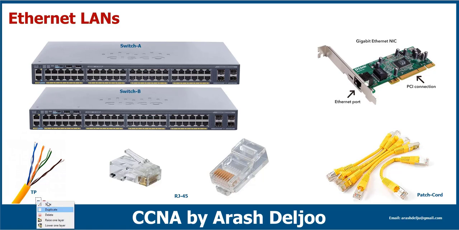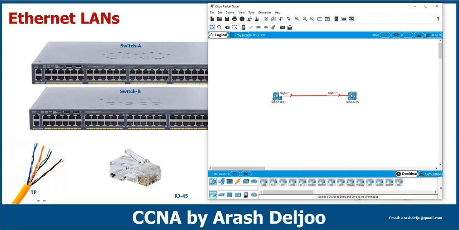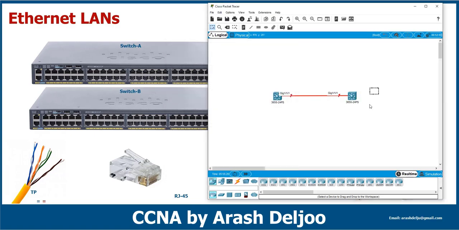Let me give you one example in our simulator. This is our simulator. Here I'm going to add one PC to these networks. Here I connected these two switches with one fiber cable. If you want, you can use another cable, for example the twisted pair cable, but for now I'm going to add two PCs. This is the first PC, this is the second PC, and then I'm going to use one patch cable. Look at here, this is a copper cable. I will talk about the